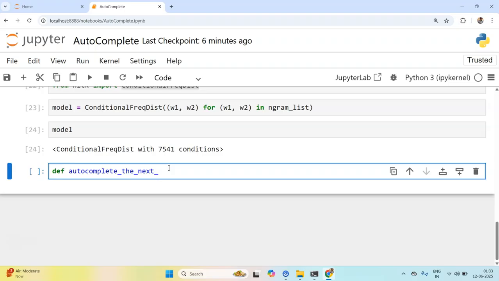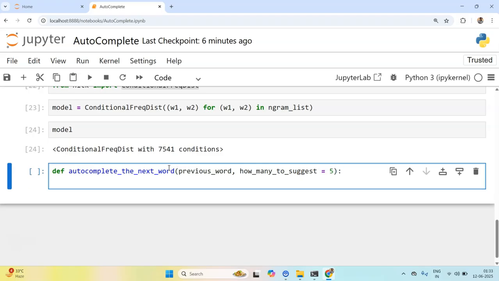So autocomplete the next word, and we need to have a previous word. How many to suggest? Let's keep it 5 by default. So what we will do is take our model, or I think we should also pass the model within this function.